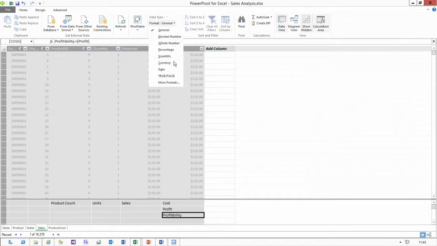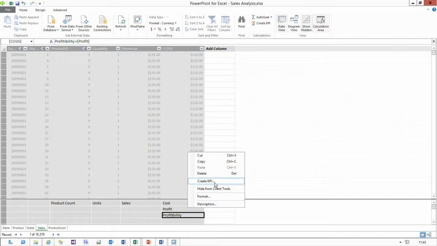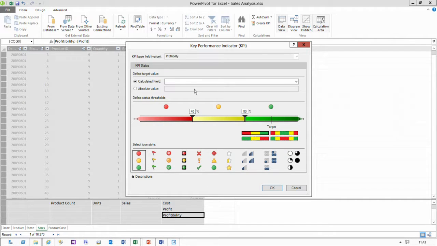Have this ability to create key performance indicators that support the monitoring of the actual profit against the expectation we have and to classify it by a status. Is it on track? Is it off track? Is it critically off track? By right-clicking this calculation, I can create a KPI. I can take the profit, divide it by the sales, providing that we're 5%,